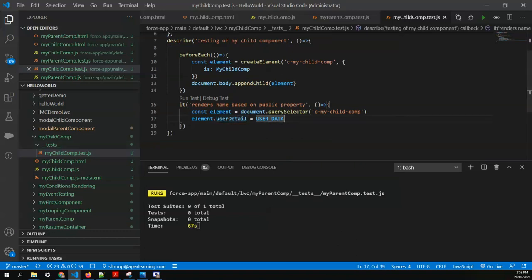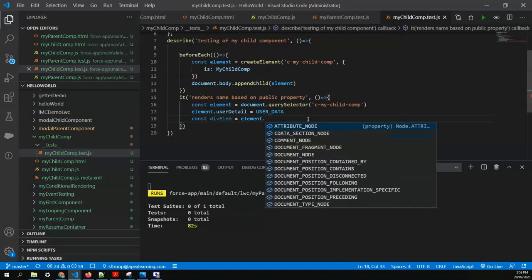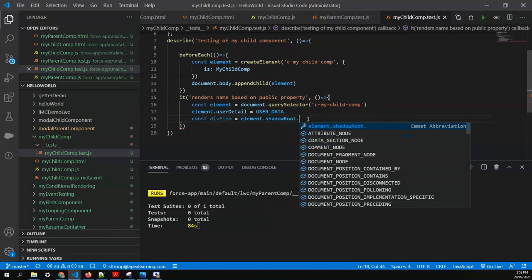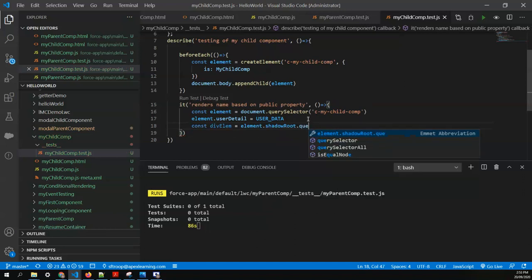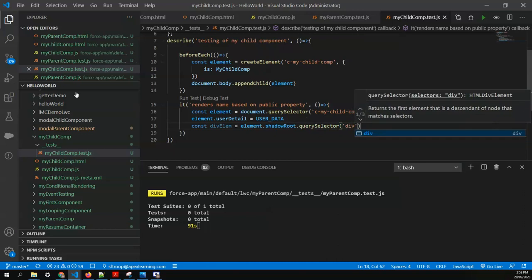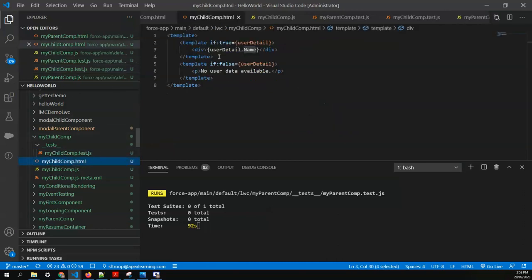So we are just saying okay, this data will come from parent to the user detail, and then we'll say okay, once the data comes to the user detail in the div, so first we need to fetch the div element, and to fetch that, element dot shadow root dot query selector, and we are fetching only div. And one of the guys asked me there are many divs, what can we do?